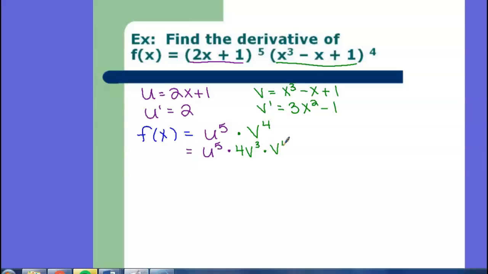Plus the second. So what was the second function? Times